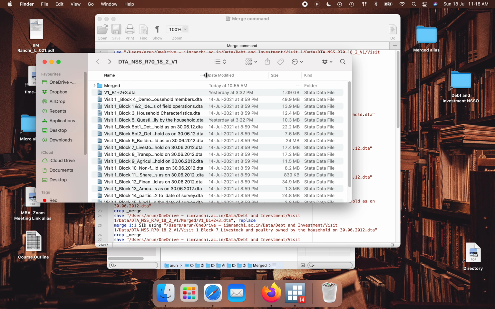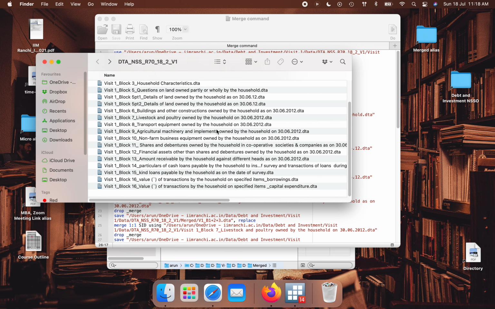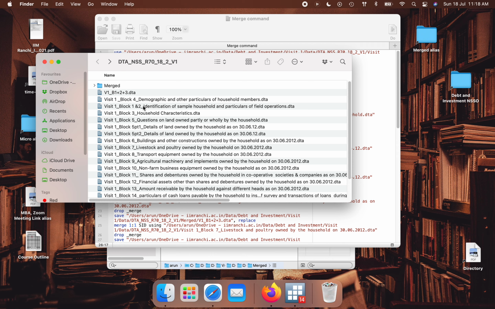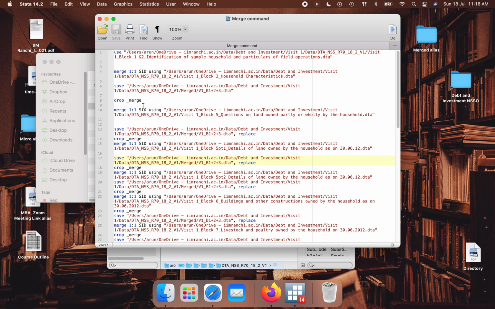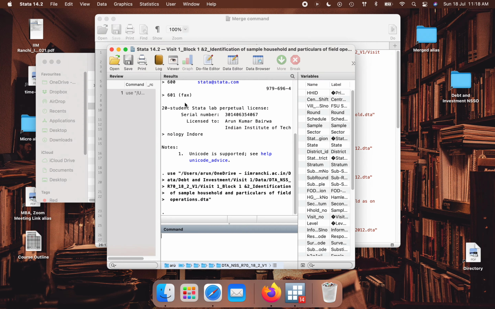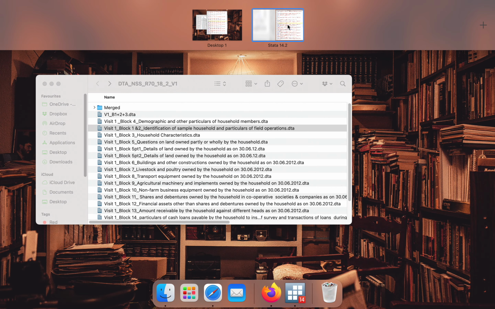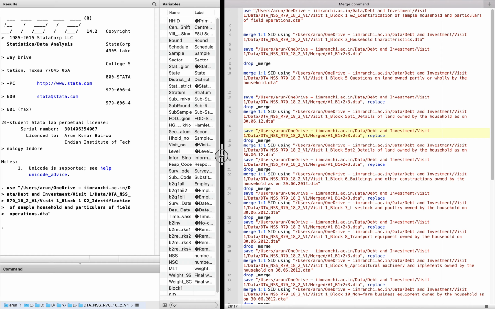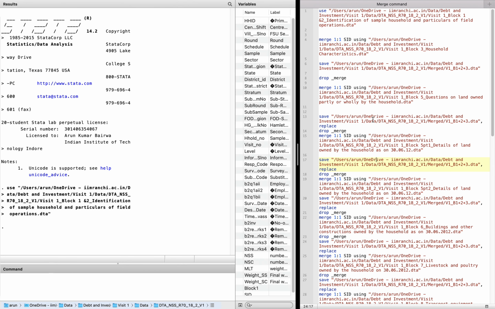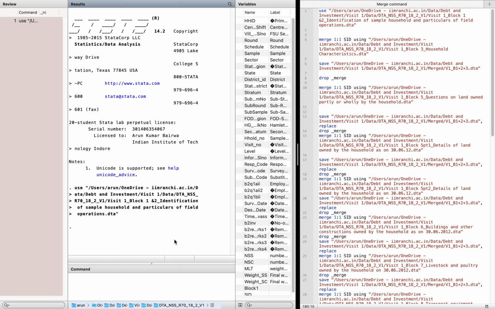Just a minute. Yeah, so this is block 1 and 2. This we have opened. Yeah, it has come here. Now we'll put it side by side, and since I have already created all the commands, I'll directly do the merging.